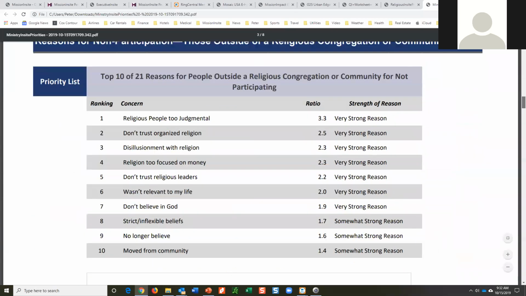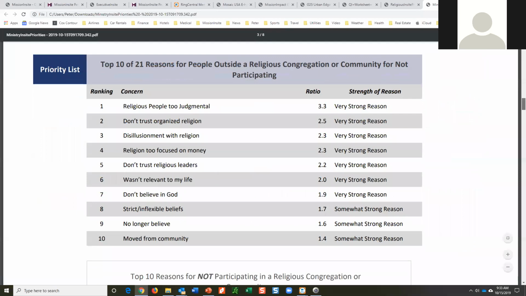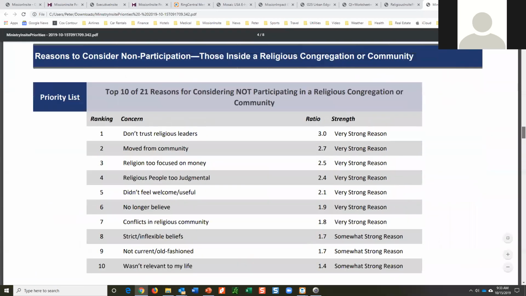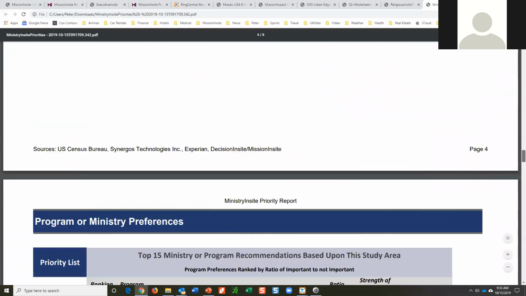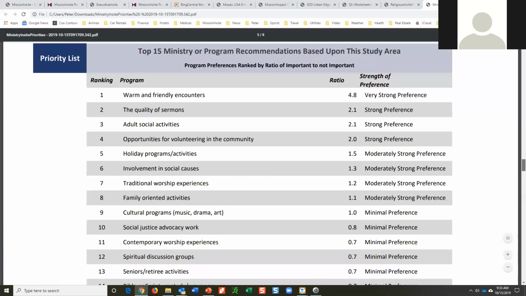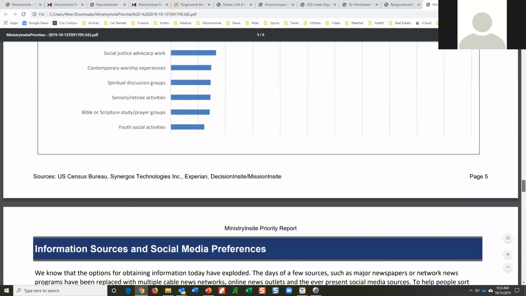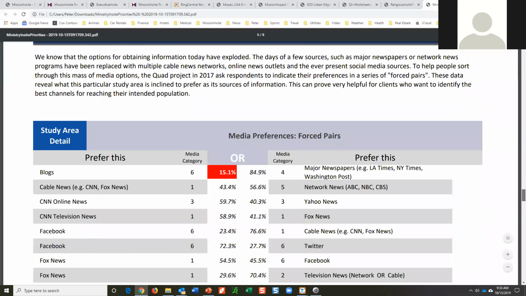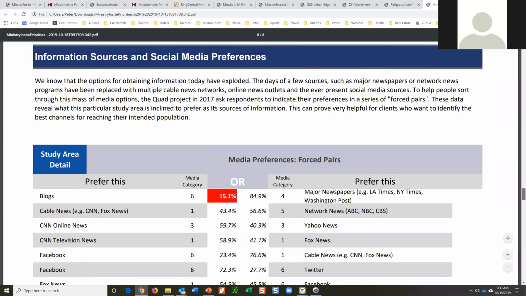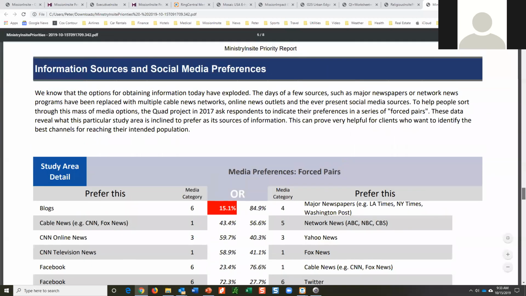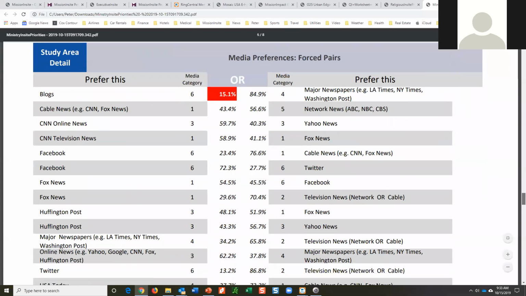Moving through, why people say they do not participate. What are some of the issues that maybe need to be addressed in how people are approached? What's communicated to them? How do people in the area look to receive their news? These are forced pairs.